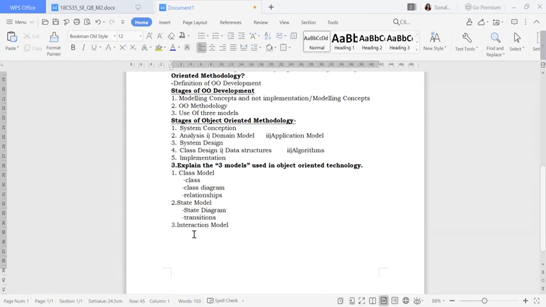So now moving towards your interaction model. In your interaction model, you can go for the diagrams. The first one will be the use case diagram. Okay. Next one will be your sequence diagram. You need to do the sequence diagram. Then the next one will be your activity diagram. How to do these diagrams, that brief thing you are going to learn.